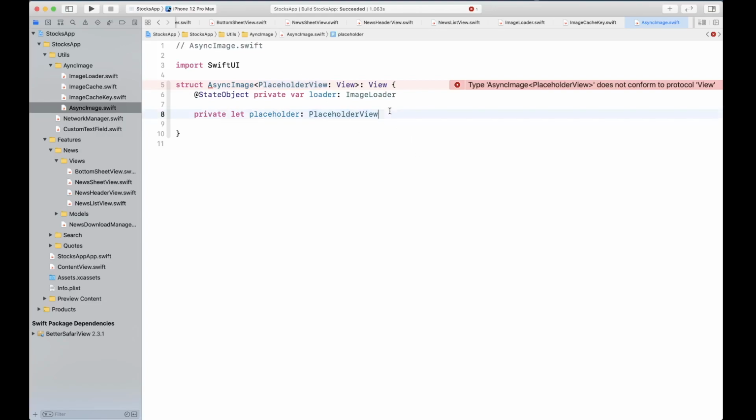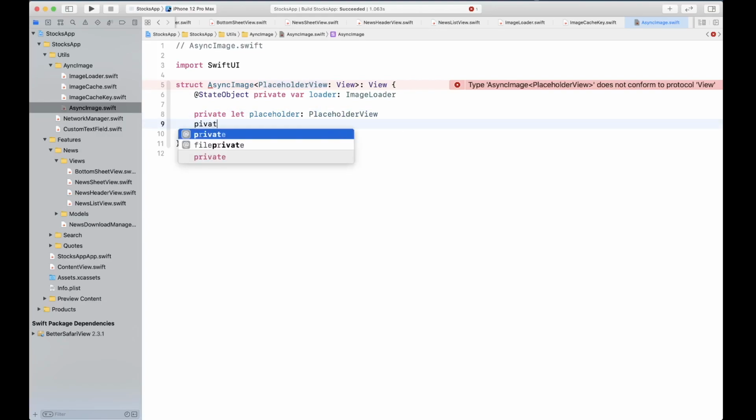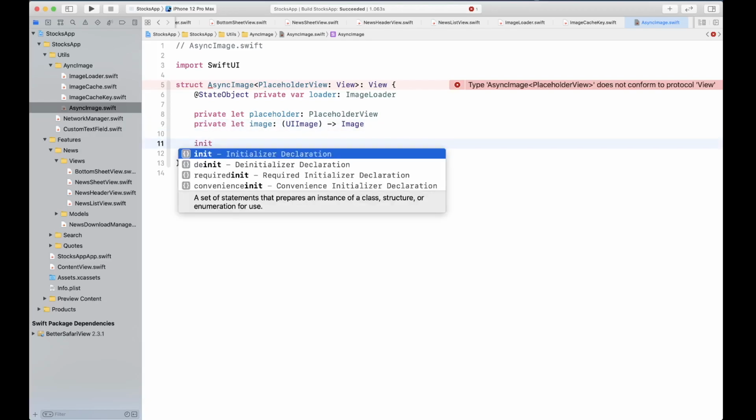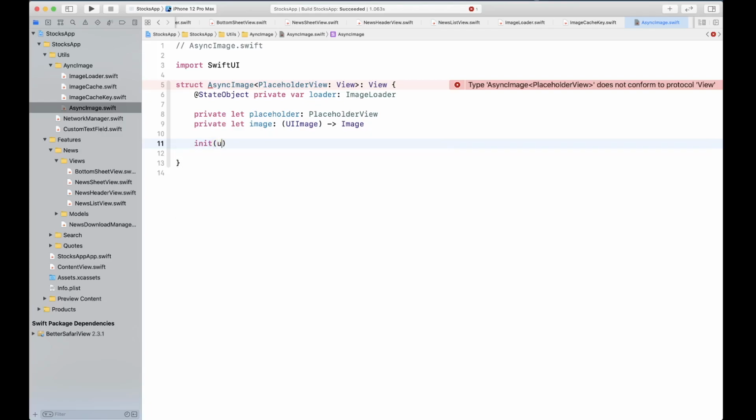That's what we're going to supply, and private let image is going to be a UIImage, which is going to return an image, a SwiftUI view Image. Then for the initialization, we're going to have URL.